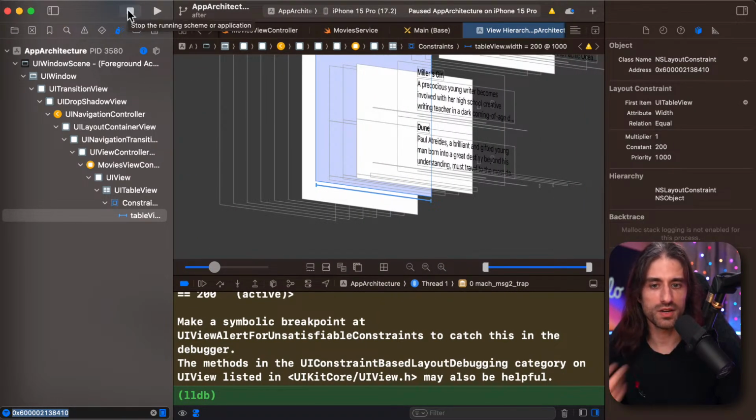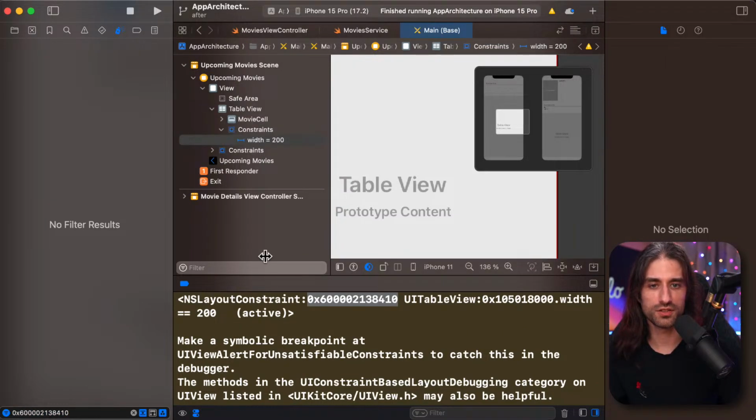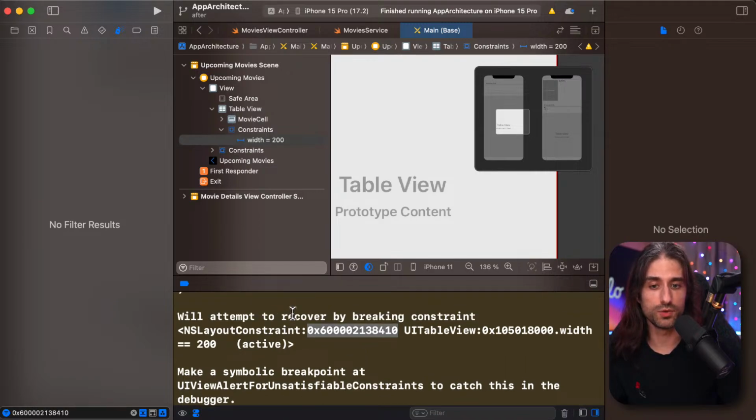And more generally, the idea with this tip is that when you capture the view hierarchy, you can filter using memory addresses. And there are several situations where the debug output will give you as the only information, or nearly the only information, the memory address. And you might be like, okay, what do I do with this? You can actually use it here.